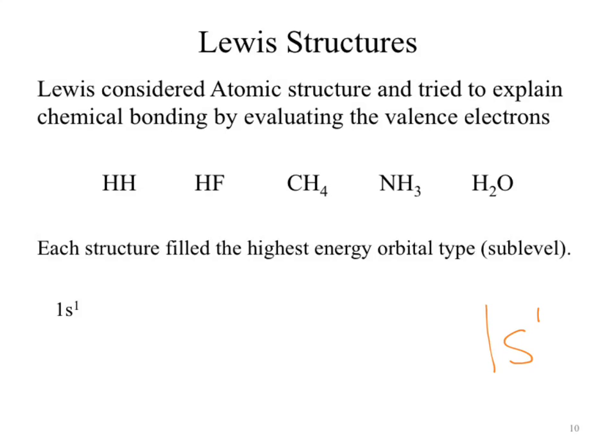But what happens when we jump up to, say, fluorine? Is it really just 1s1 anymore? 1s2, 2s2, 2p5. Okay, so it got a lot more complex. Jump up to CH4. Now it's not just 2 atoms. Now I've got 4 atoms I've got to explain. Very quickly our simple comparisons, oh, we just fill the orbital, start to fall apart, and we have to come up with a new theory.